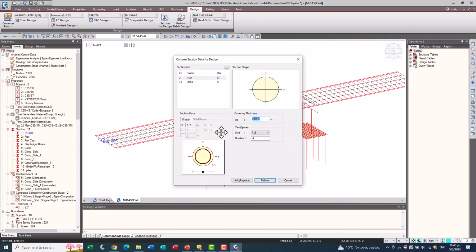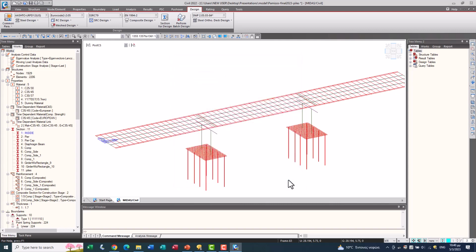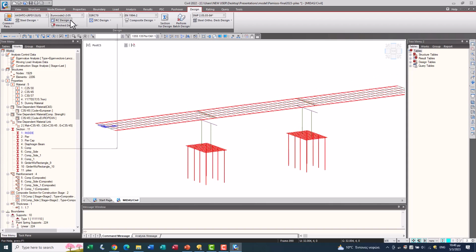We have the pier. We choose a cover of 40 centimeters, and for the shear, 4 numbers of V16, and for the piles, 50 centimeters with a V12 spiral. Now we will perform the design.